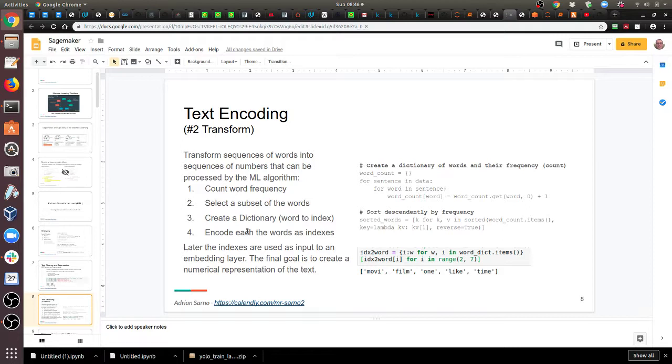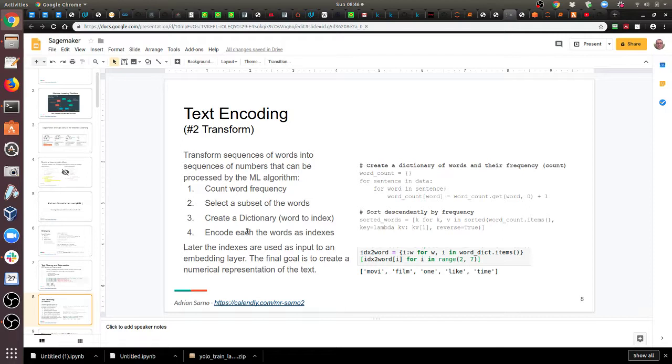There are several ways to do this, but the most common ones are one-hot encoding, where one-hot vectors are vectors of all zeros with a single element of value 1, and the other one, the one that we're going to use, is